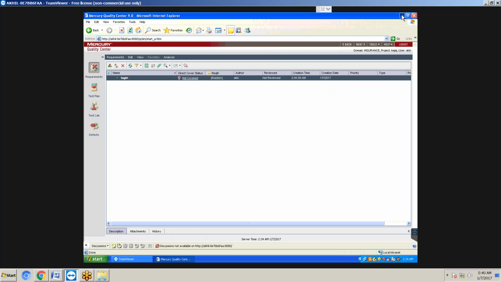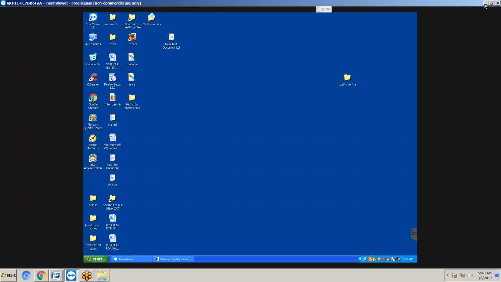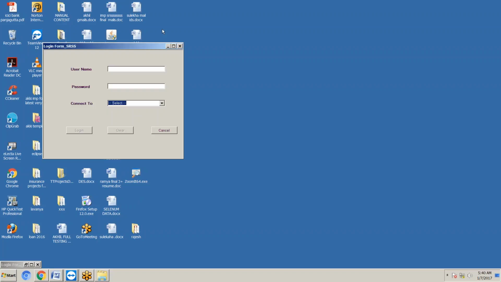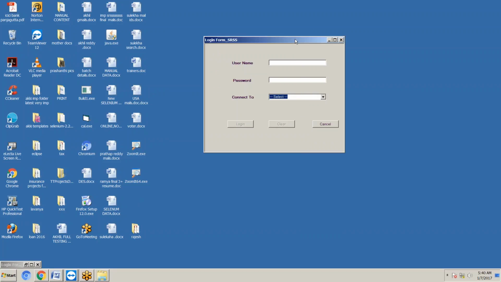We already discussed this, still once again we will discuss. The customer is giving some requirements. The login screen should contain username, password, connect to fields, and login, clear, cancel buttons. Second requirement: connect to is not a mandatory field; whenever the user requires, he can select a desired database option.